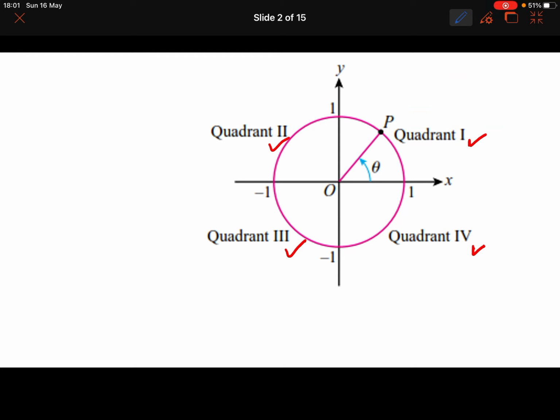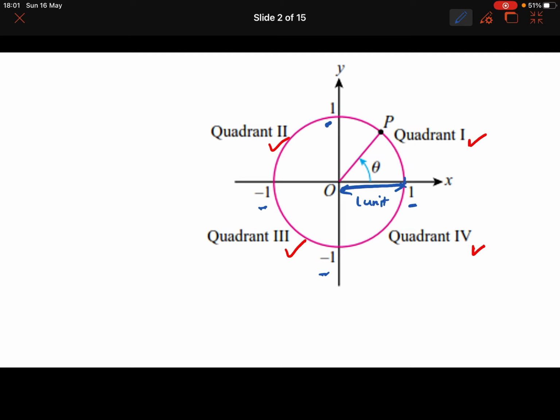A unit circle is basically a circle with radius of 1 unit. So the radius here is 1 unit. Can you see here? 1, -1, -1 and 1. So the radius is 1 unit and it is centered on the origin of the Cartesian plane, the x and